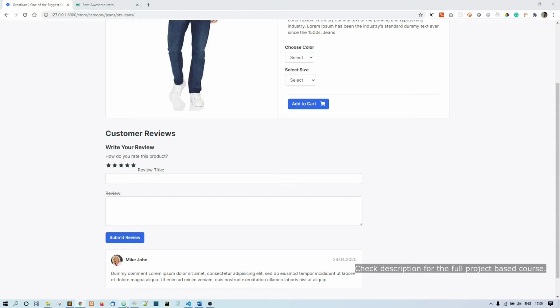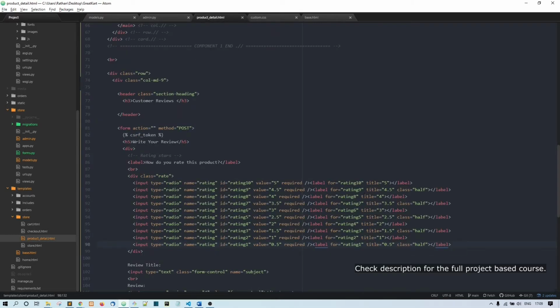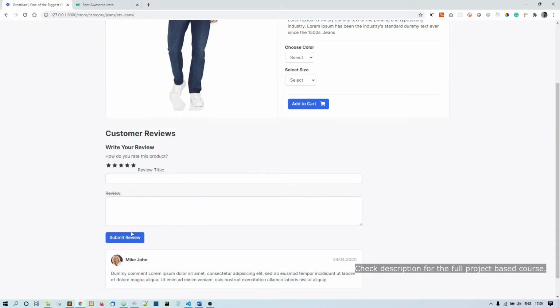So why are we giving this label here? Because we are referring to the label. That's why it is label. And you can also click on this star. When you click on this, it is just filling the star, right?